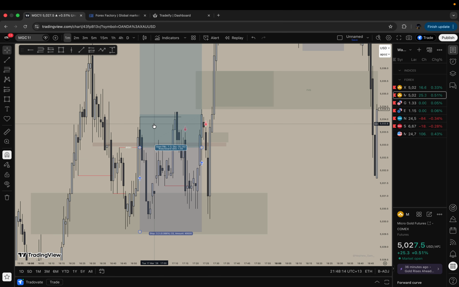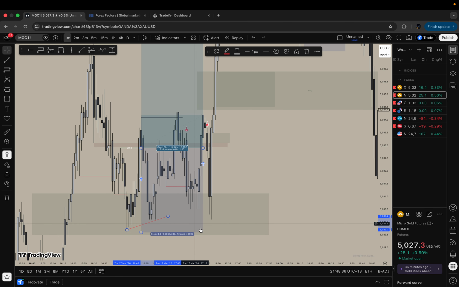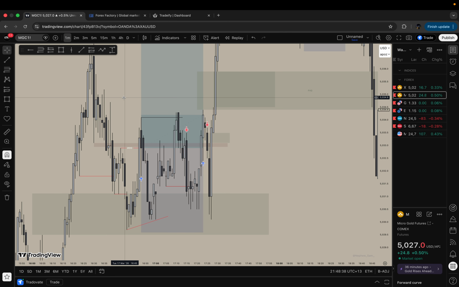As you guys can see, we had some moves back down to the downside. We didn't actually take out these lows, so I'm just like, fuck, now we're just making more draws on liquidity because now we have almost these stacked lows, which is down here, right? So I'm just like, okay, cool.